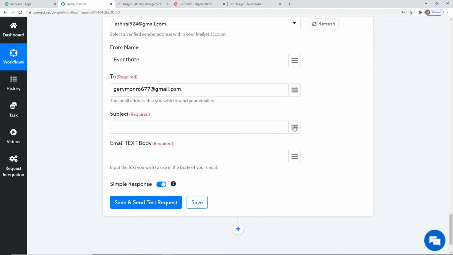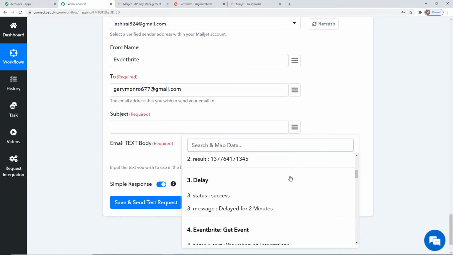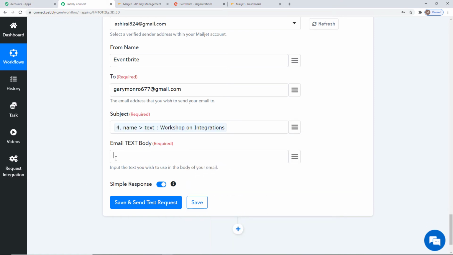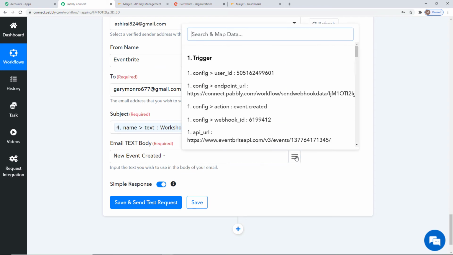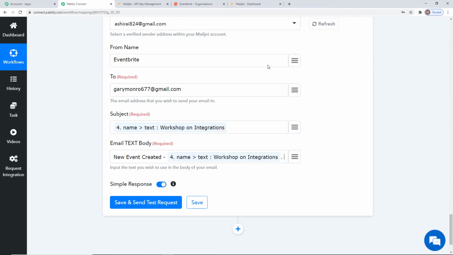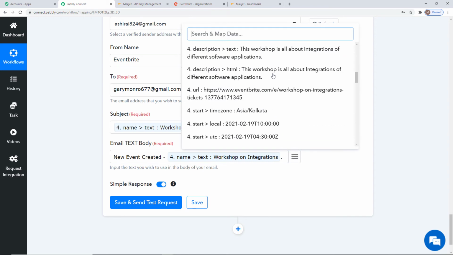Okay, subject, let us map the subject. Workshop on integrations, email text body. New event, okay, event created. I'll map the name of our event, that is workshop on integrations. Full stop. Now I'll just map the description.